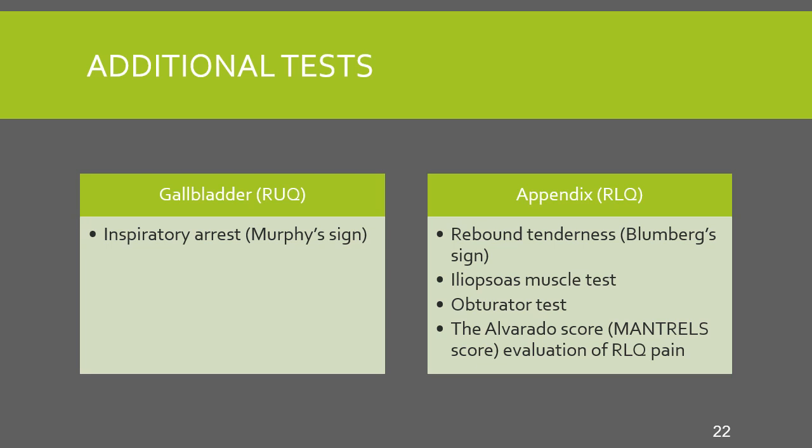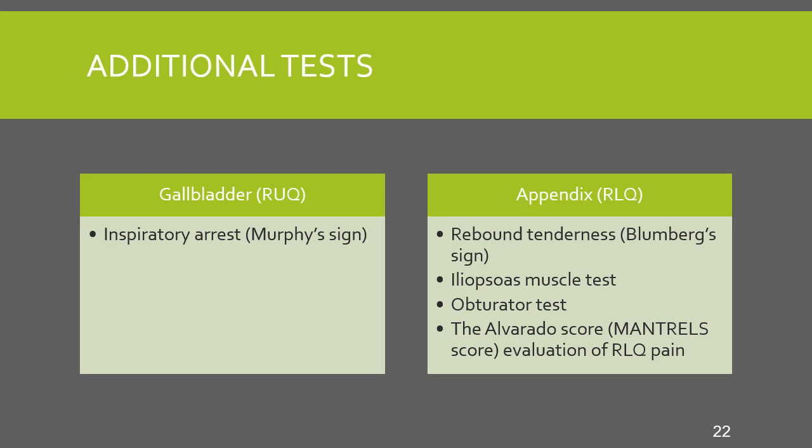They call it an inspiratory arrest because the person actually catches their breath and they can't take a full breath in because it hurts so bad, and then they stop. And that's a good diagnostic finding. We still will rule out cardiac, so we'll still do an EKG and a troponin and all of our cardiac testing, but we also will add on a lipase to make sure that it's not a gallbladder issue or pancreatitis. So Murphy sign is indicative of gallbladder, gallstones, and again, that's an inspiratory arrest with pain in the right upper